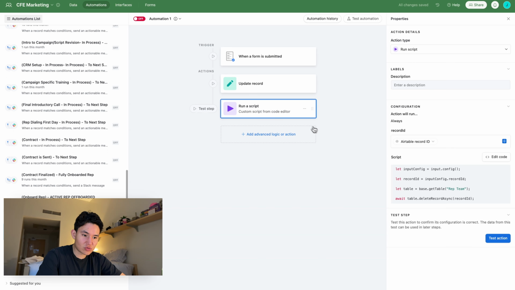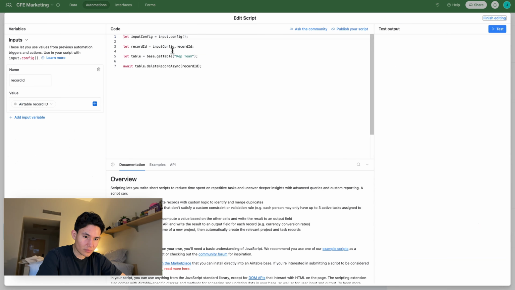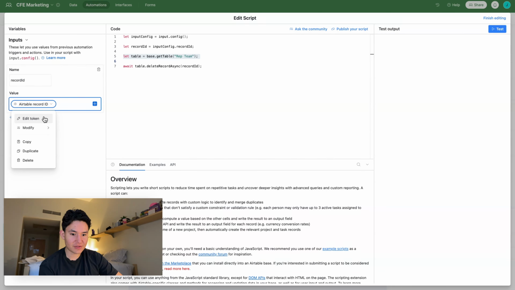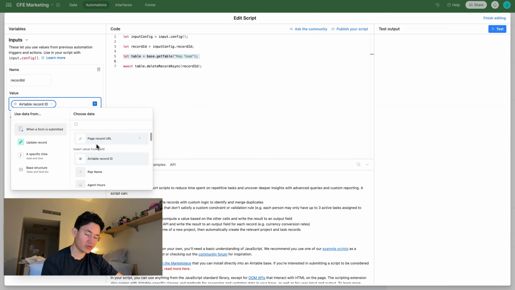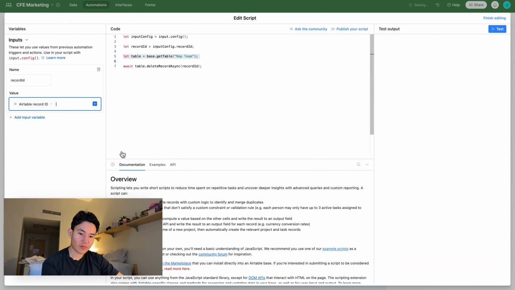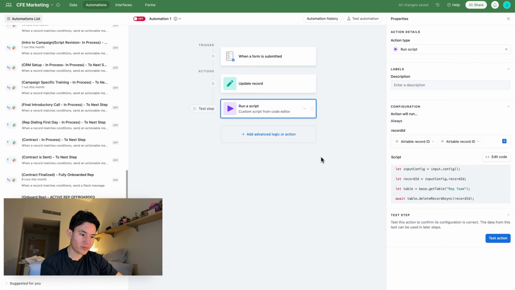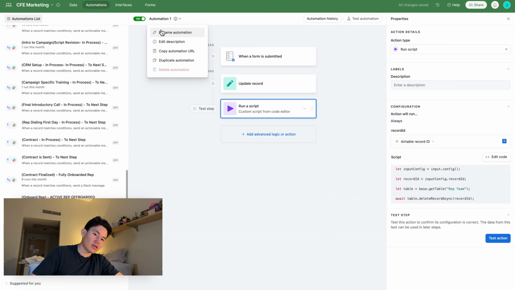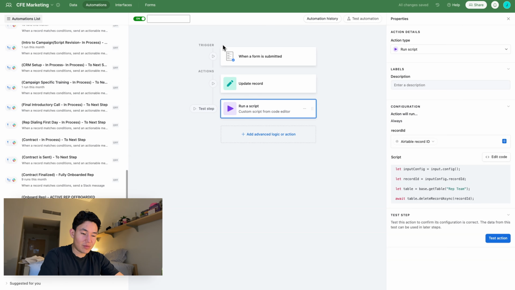Yeah, you basically just switch the name in the code, and then in between these two columns, you put your table name here. And then right here you put record ID, and you edit the token, and you put the token from here. It's basically just a quick variable. Okay, now after you do this, you're just gonna turn it on, and you're just gonna name it whatever you want. Rep interface